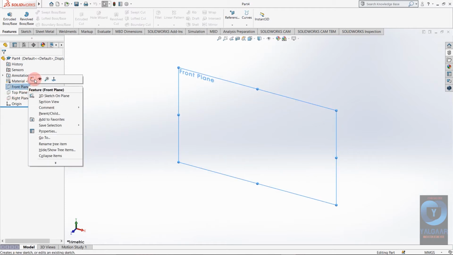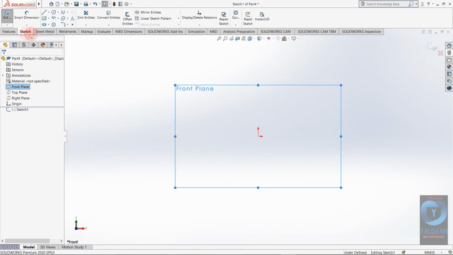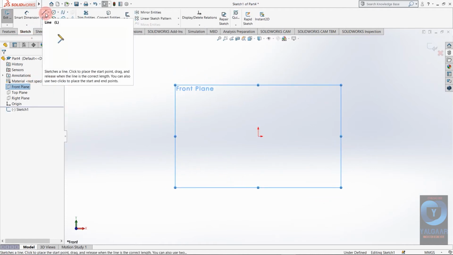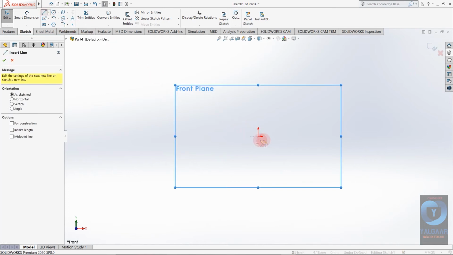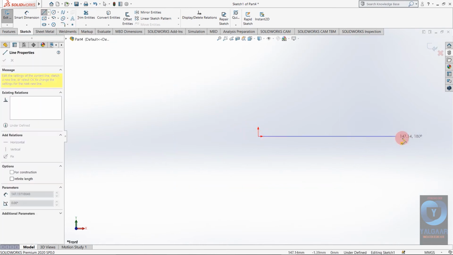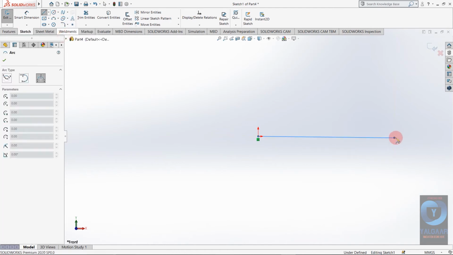So first of all I am going to sketch a guide curve for the tube. I am going to sketch it randomly. Another part is a 3-point arc.